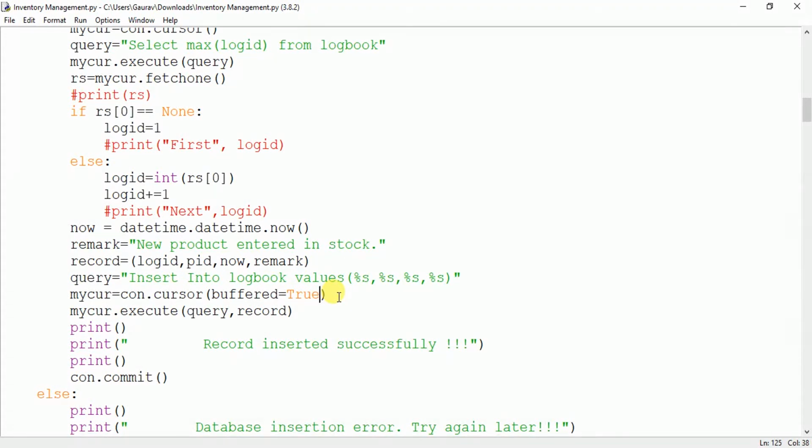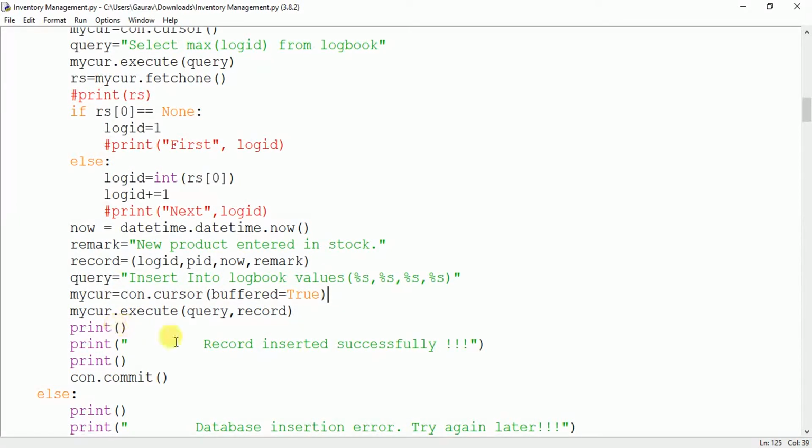So buffered equal to True means the same cursor will be used for entering the different products. Otherwise, different cursors will be created and you have to close them also. So the same cursor will be continued for all the entries. So this is very important, buffered equal to True. You should write this when you are working on a project.